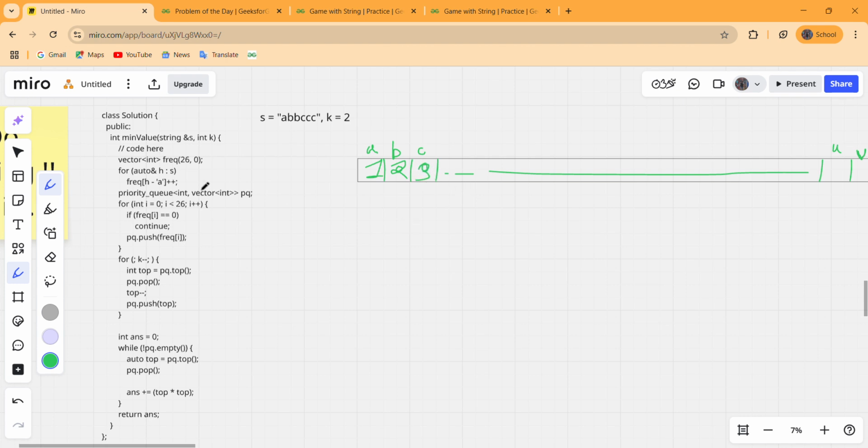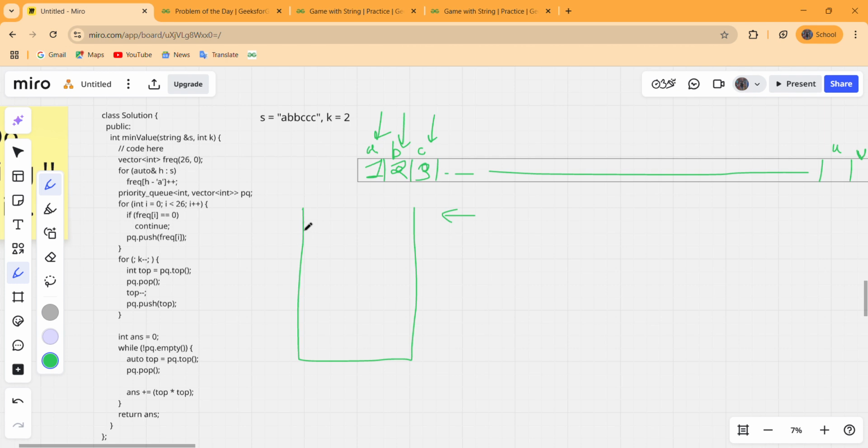And then we can create a priority queue that is a max heap. We start iterating over this array and push the non-zero frequencies inside our priority queue, and the top will contain the highest frequency among all these character frequencies.